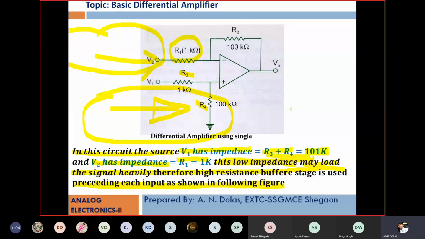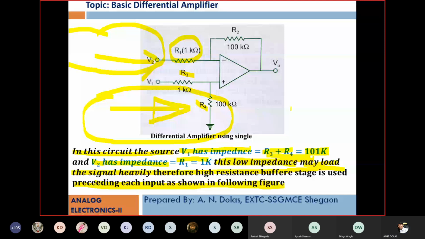So what is the major drawback? The inverting terminal input impedance is very low. If we connect the signal to such a low input impedance value, then your system may draw maximum current from the signal source, where the source may be a very delicate transducer. It may get damaged if your system is asking for more current. That's why the input impedance should be very high. So for that, what is done